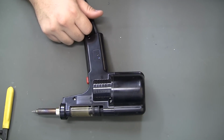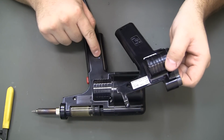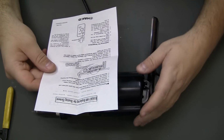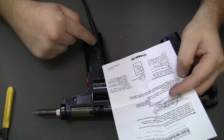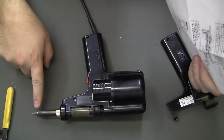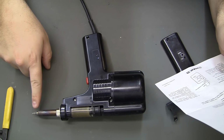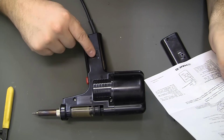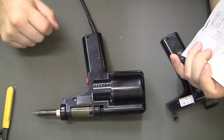There's two holes right here, and one of them is temperature, one of them is cal. The paper that comes with the heater says to crank it all the way clockwise, and then take the temperature of the tip, and the tip should read 895 degrees Fahrenheit. Seems a bit high. I think mine's only turned up 3/4 of the way, and it usually does pretty well, but yeah,